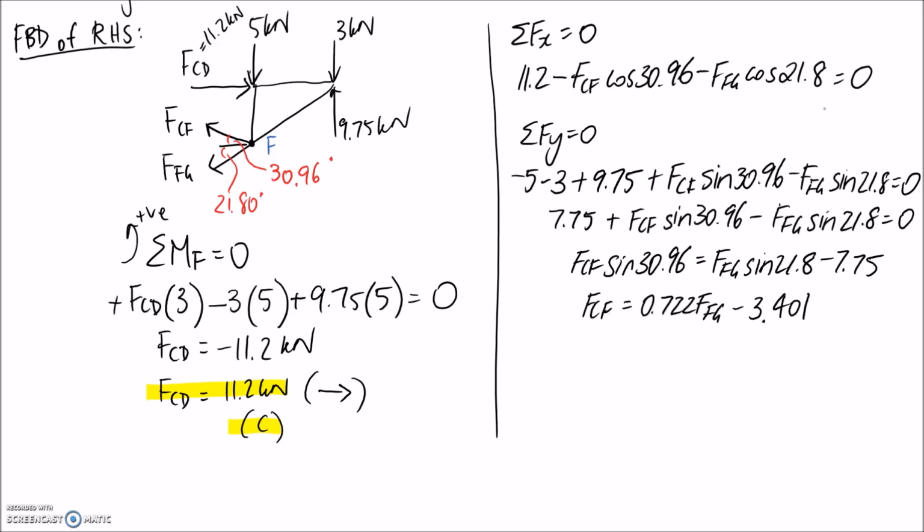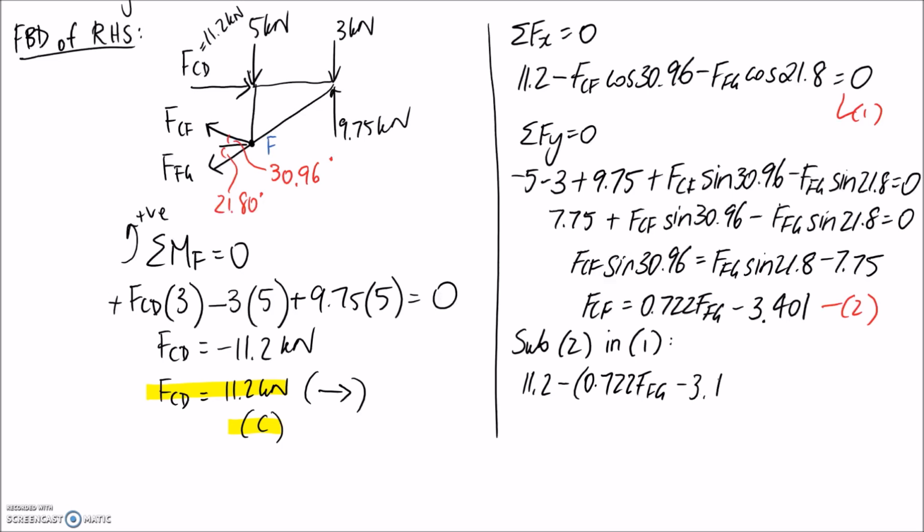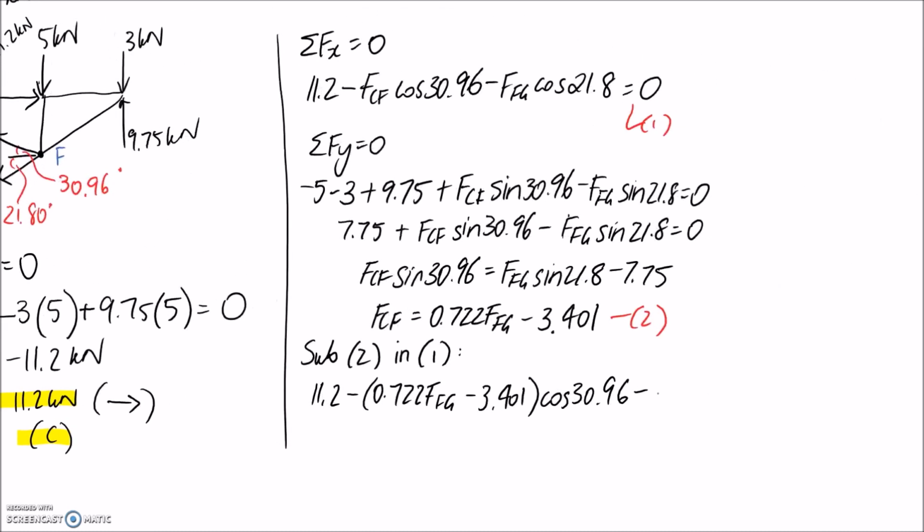Alright, so let's label these equations. So this is equation 1 and this is equation 2. And I'm going to substitute equation 2 into equation 1. So we get 11.2 minus FCF, so this is going to get replaced. It's still multiplied by this on the end. Alright, we still have minus FFG cos 21.8 as well. So now we've made it so we only have the one unknown in the equation, so it's just a matter of solving for it. If I go ahead and